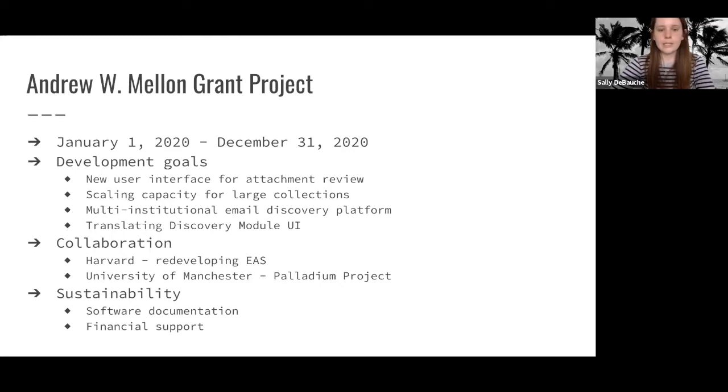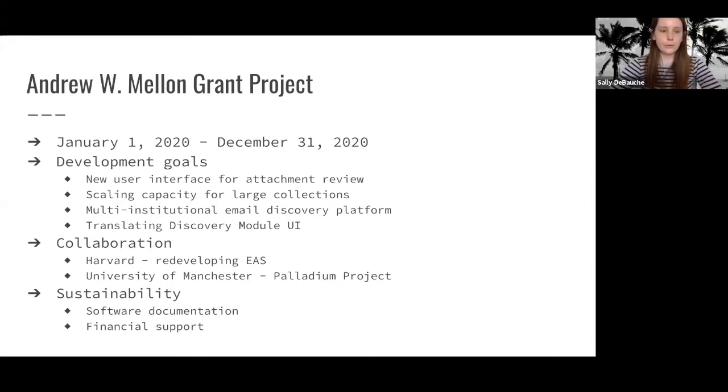We're also working to scale ePADD's capacity to handle large collections. We are exploring ideas around developing a multi-institutional email discovery platform, and I will also get into more detail on that in this presentation. And finally, we're beginning to translate ePADD's user interface into different languages. So we're starting with the discovery module, and we're starting with French and German.